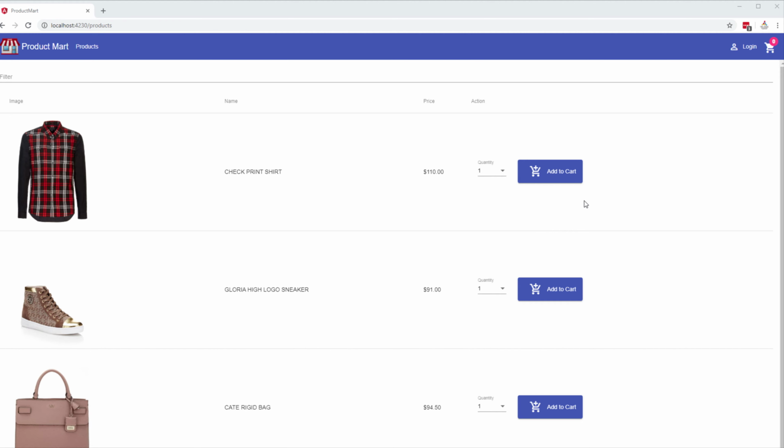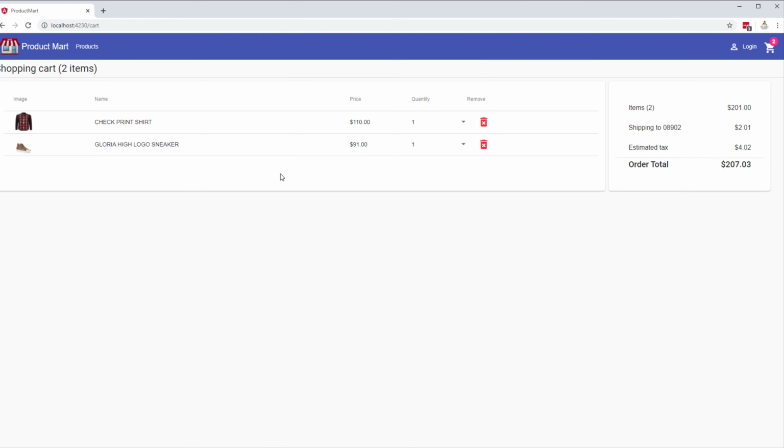You might have noticed that in our application, when you do not log in and add a couple of items to the cart, try to navigate to the cart page and notice you are getting navigated to the cart page without authenticating. This is a bug because a user should be logged in before he goes to the cart page. Otherwise, he will be navigated to the login page.